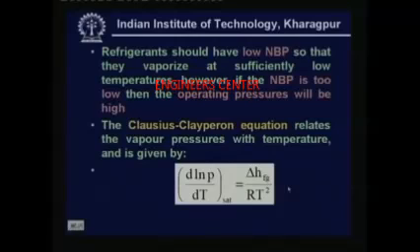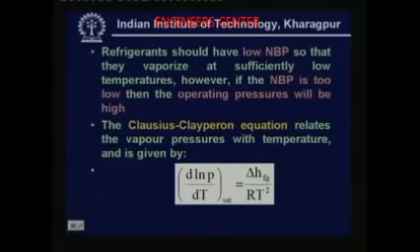Now, a refrigerant, as I said, should have a low normal boiling point so that it vaporizes at sufficiently low temperatures. If you want to produce low temperatures at reasonably high pressures, then the normal boiling point should be low. However, if the normal boiling point is very low, then the operating pressures will become very high. That means a normal boiling point should lie within a certain range for the fluid to be useful